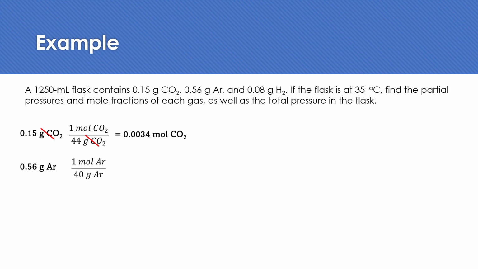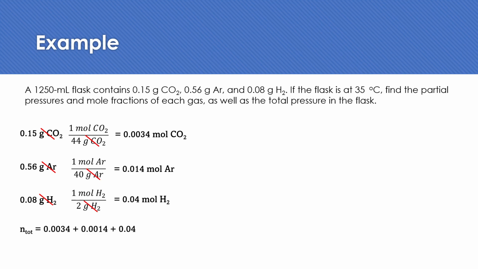0.56 grams of argon gives me 0.014 moles of argon. And 0.08 grams of hydrogen gives me 0.04 moles of hydrogen. Okay, so those are my moles. So I add those together to get my total number of moles, which is 0.0574 moles. So now I know the moles of each individual component and my total moles, so I can find